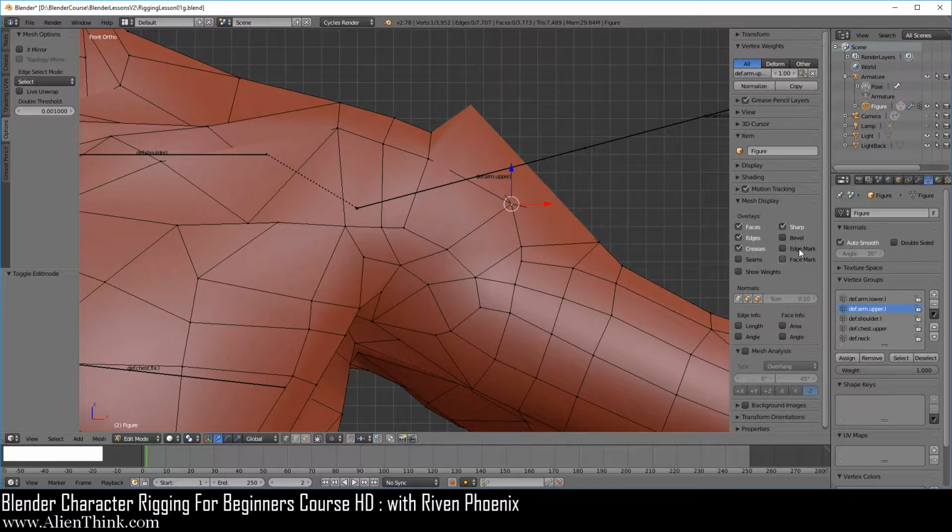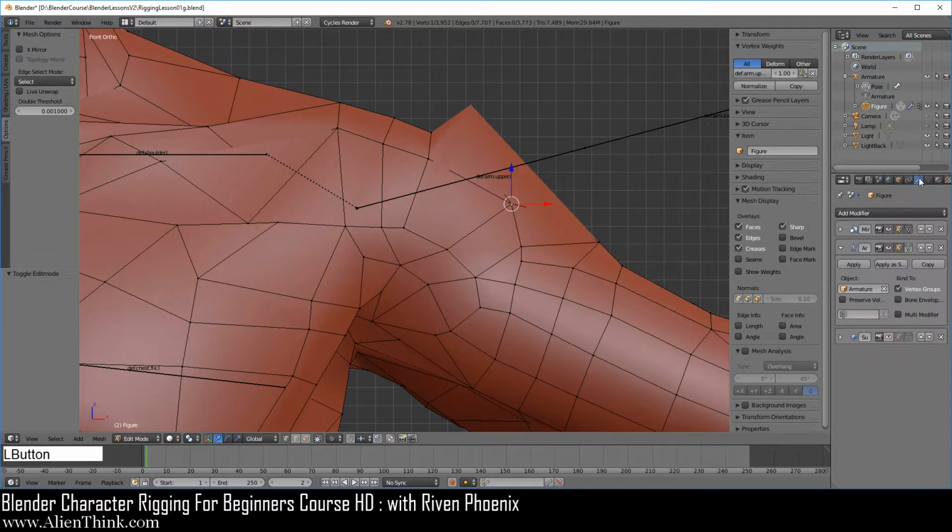Now the reason this is happening is because you have to go to the modifiers tab, and on the armature modifier, you have to make sure that you have this one clicked and this one clicked. Okay. Now if you click on this one, it's not going to deform the modifier. Okay. And this one over here, if you hover your mouse, it's just saying adjust the edit cage to the modifier result.